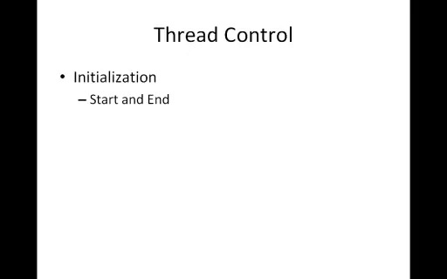Okay, so the thread control is managed at initialization, because anytime we're actually running our CPU, we have it attached to the test bench. We allow the test bench to start the initialization, so it will tell the CPU which address in memory to begin executing a program. Initially, when the modules are instantiated, the program counters start by pointing at 0, and they will continue to point at 0. So when they're pointing at 0, they do not increment themselves. But once they receive an external signal saying this program counter moves to this location, then it will begin executing the program. So basically our end program operation would just be a branch to 0, and then it would be the end,